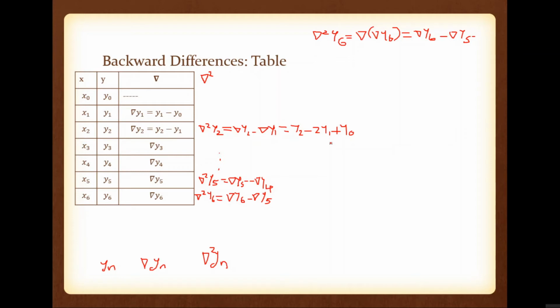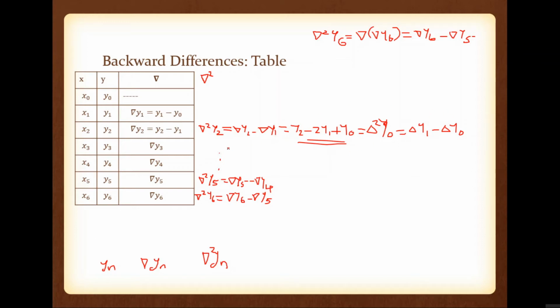And what is the corresponding forward difference term? In the last class we derived the same expression: y2 minus 2y1 plus y0. Just go through it. Is it delta square y0? Delta square y0 is equal to delta y1, the next data, minus delta y0. Now delta y1 is nothing but y2 minus y1, and delta y0 is nothing but y1 minus y0. If you expand this, you get the same expression.